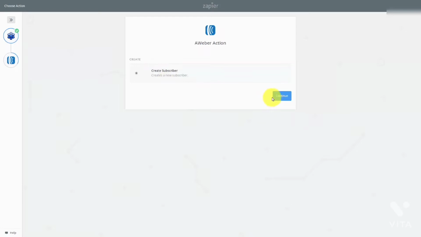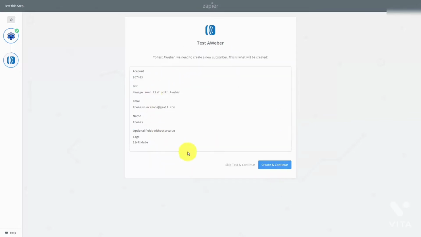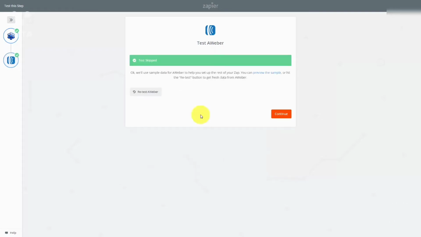So the Aweber action is going to be to create a subscriber. We're going to click Continue. We're going to test or connect an Aweber account and then click Save and Continue. So we've chosen our account. We've now chosen the list. And now what we want to do is to click Continue. So we want to test the system through Zapier. So we'll click Create and Continue. We've actually already added this email to the list, so we'll skip the rest of the test and then click